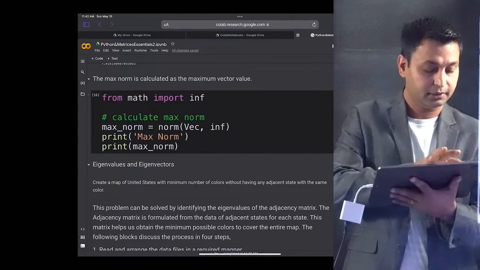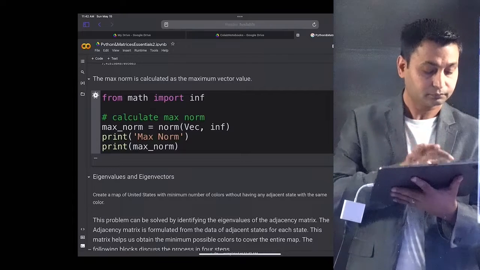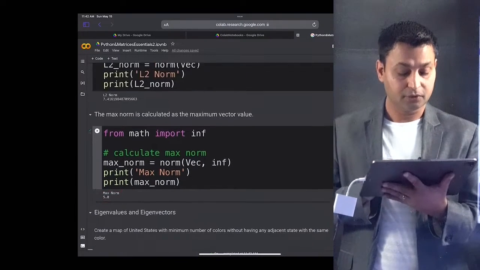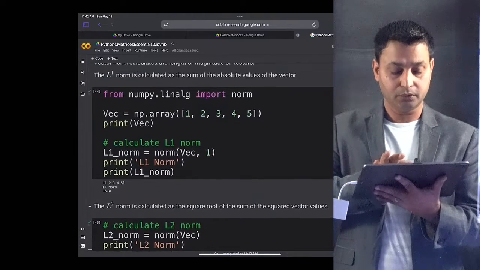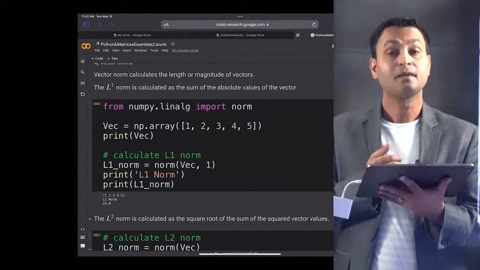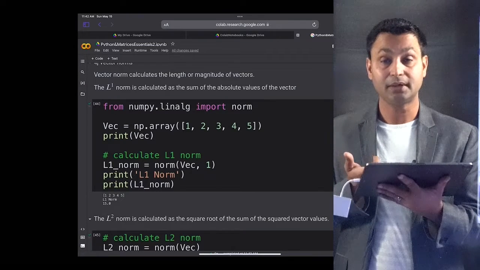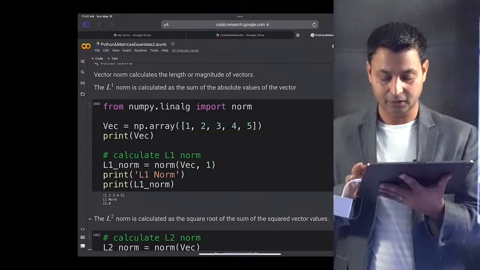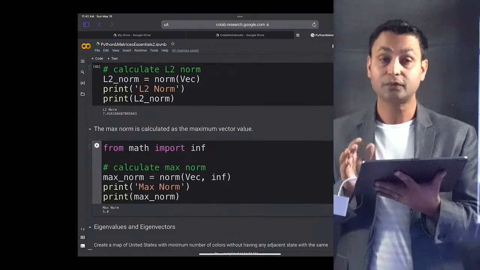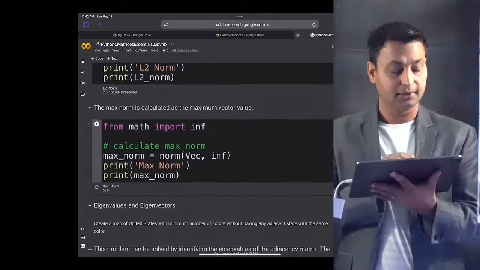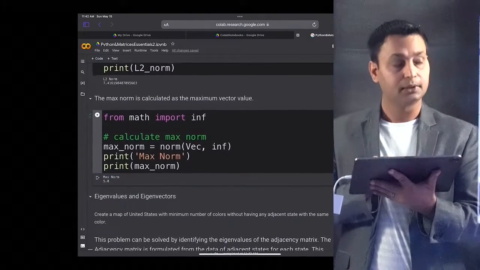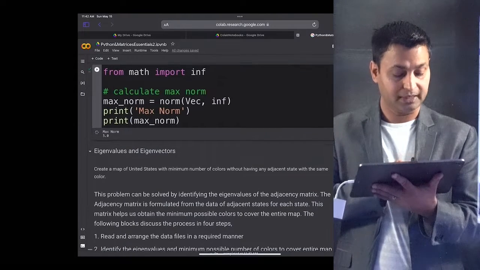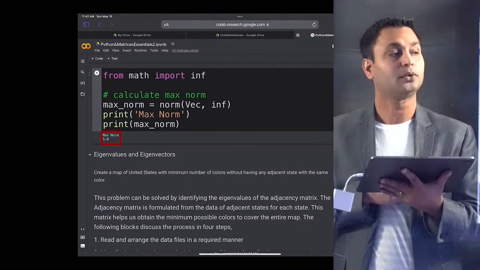Let's execute this block of code. If you execute it, the maximum norm came out to be 5. And why? Because if you look at this vector, 1, 2, 3, 4, and 5, the maximum value of the elements in this vector is 5, and the L infinity norm is essentially the maximum vector value. So that's why the max norm output resulted in a value of 5. So that's what you see here: the max norm came out to be equal to